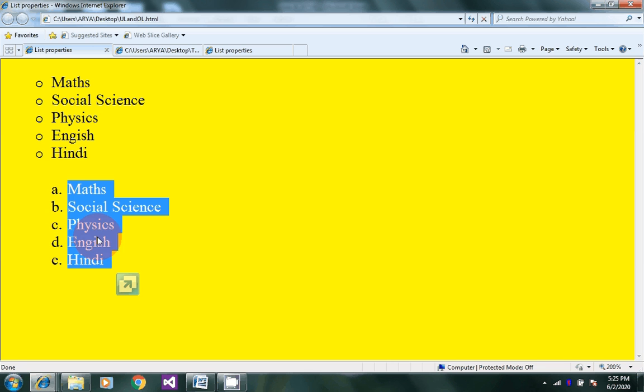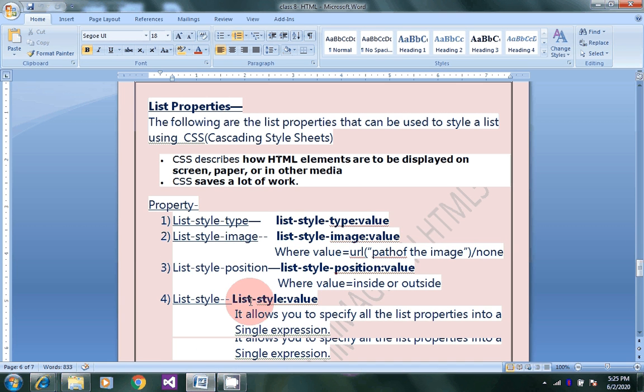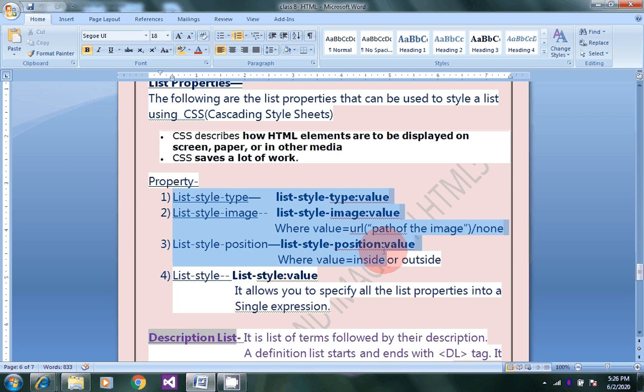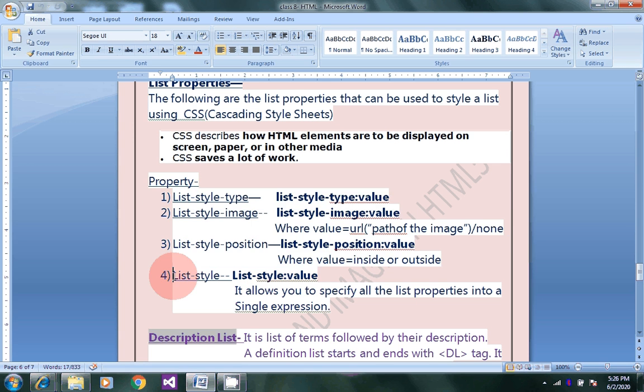Okay, now the next and last property is list-style. It allows you to specify all the list properties in a single expression, where value is the value for list-style-type, list-style-image, or list-style-position. It means all the above three properties you can include in this fourth one.